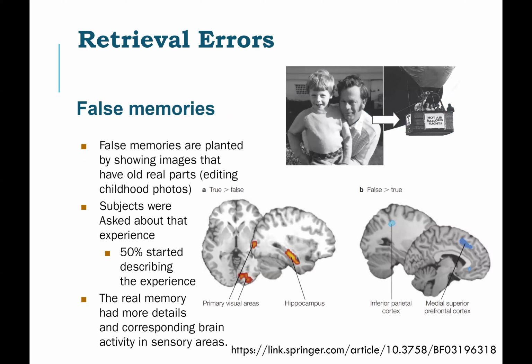So a very interesting thing about memory is the concept of false memories. The idea is that it's surprisingly easy to plant false memories in people, right? A lot of memories that we have, I'm sad to say, are false. You think something happened, but it never happened. An example is this: they bring subjects into a lab, and they take a real picture of them with a family member, for example, and then they place them in a hot air balloon.